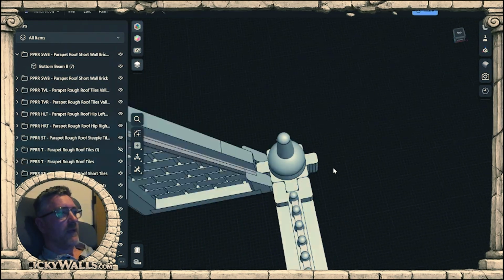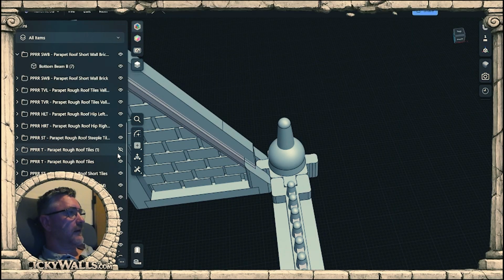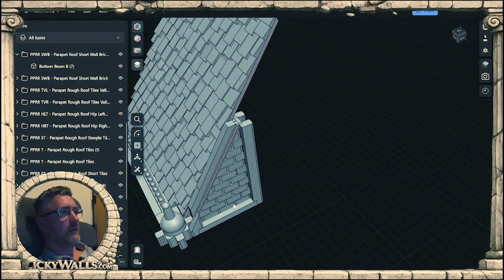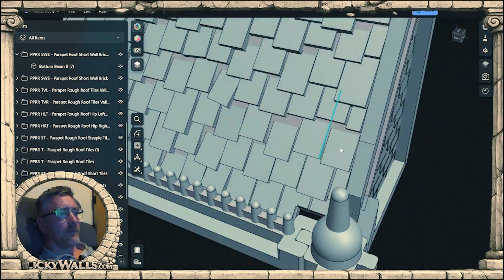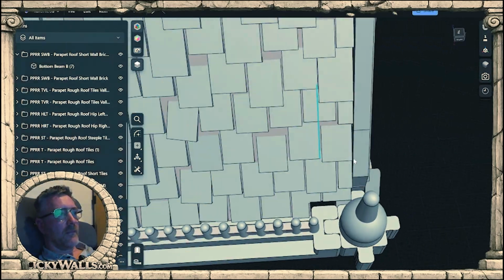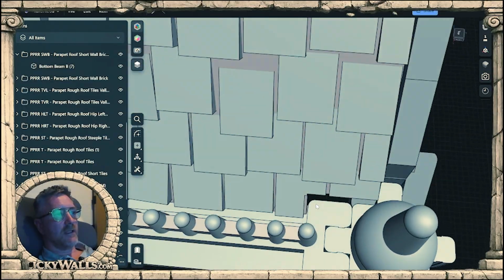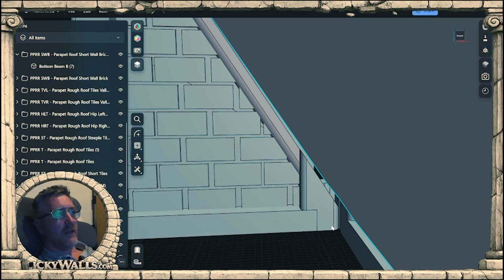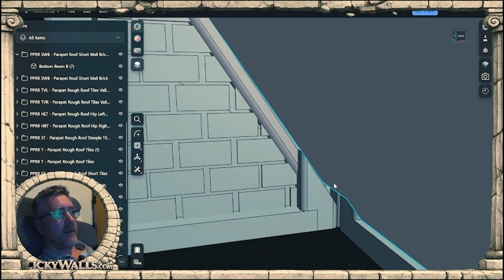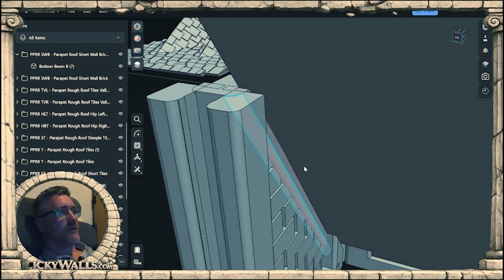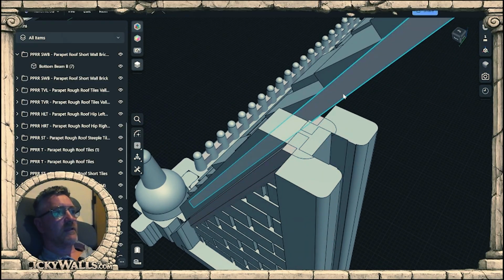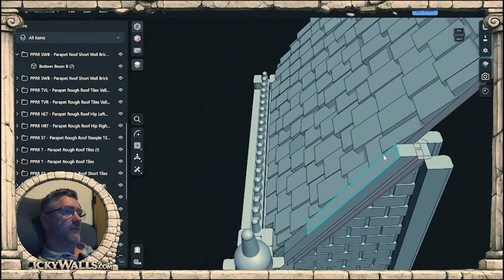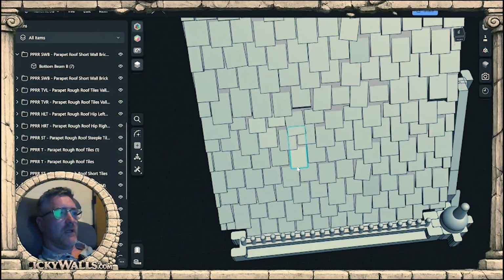Just bring my little noggin back. And my roof tiles, which was that one. There we go. So that's sitting there nicely. So this would slide down and sit on there. That's a little bit out, but that's okay, because you want a little bit of wiggle room, because a little bit out there, look. You'll find that once we